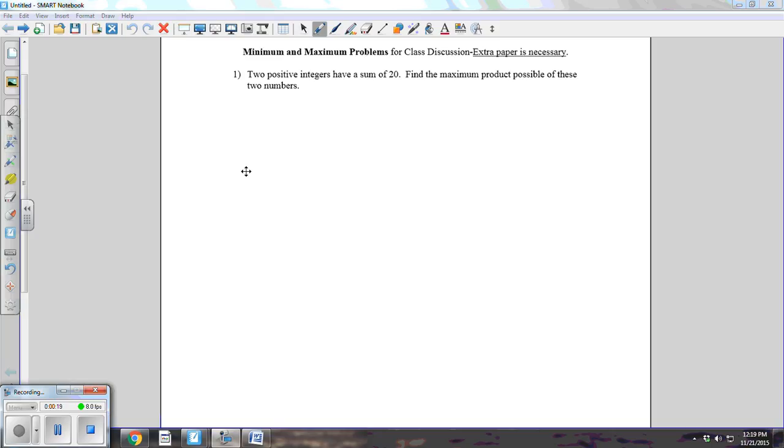So one of the first things we need to do is just look at the problem, read through it, and decide what it is we're asked to do. I want you to always focus on the part of the problem that says optimize, find a maximum, find the largest, find the smallest, any sort of item in the problem that tells you you're looking for the maximum or the minimum, which is going to indicate to us that we're going to need an equation and take the derivative of that equation. So in this problem we see we need the maximum product